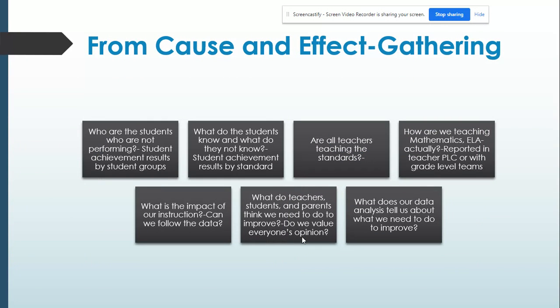So from cause and effect gathering, who are the students who are not performing? Student achievement results by student groups. What do the students know and what do they not know? And that's from achievement results. Are all teachers teaching the standards? How are we teaching math, ELA,